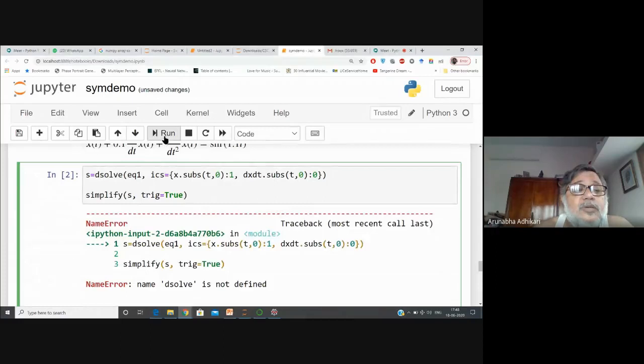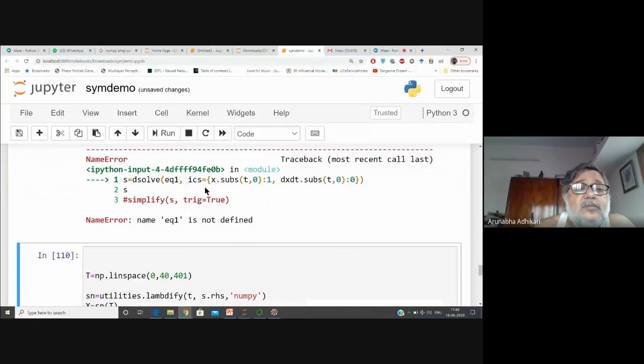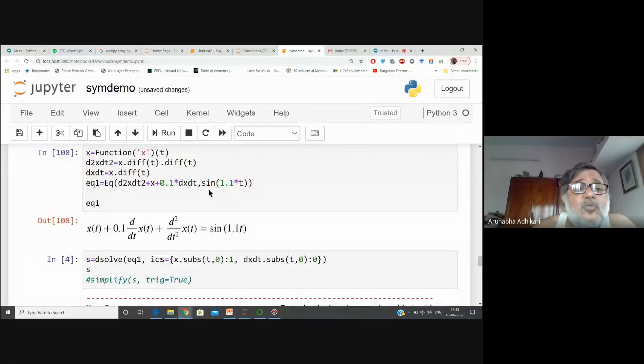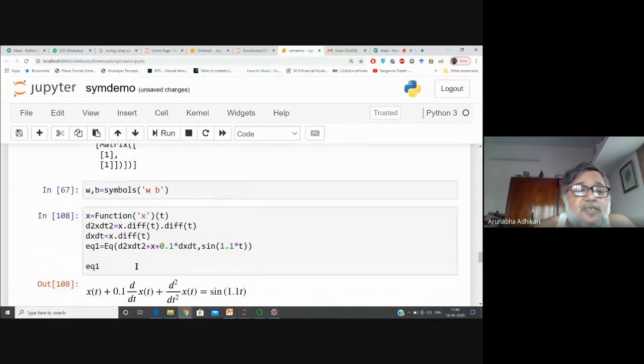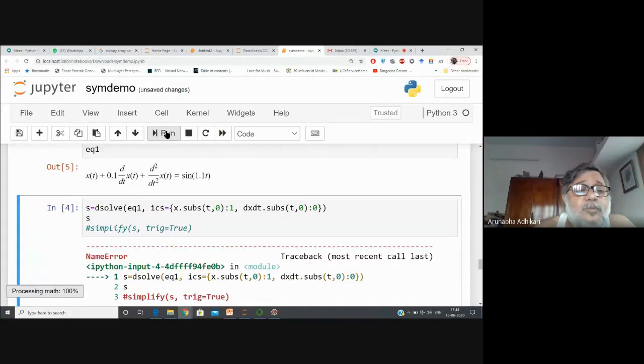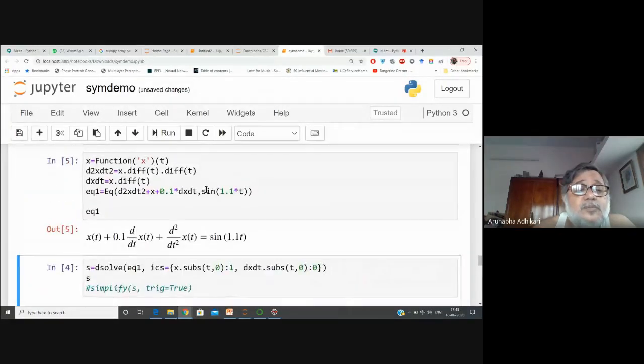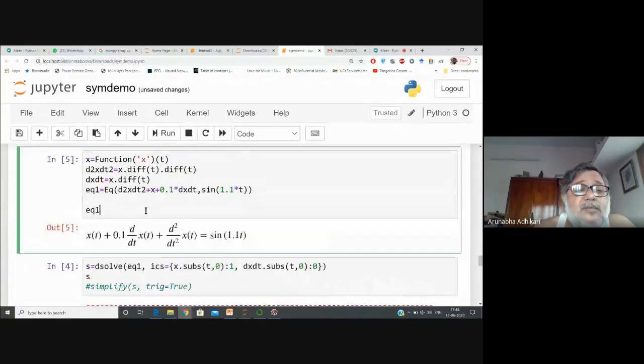So, hash this, put this. EQ1 is not defined. Yeah, EQ1 is defined in the previous line, which I didn't do. EQ1 and